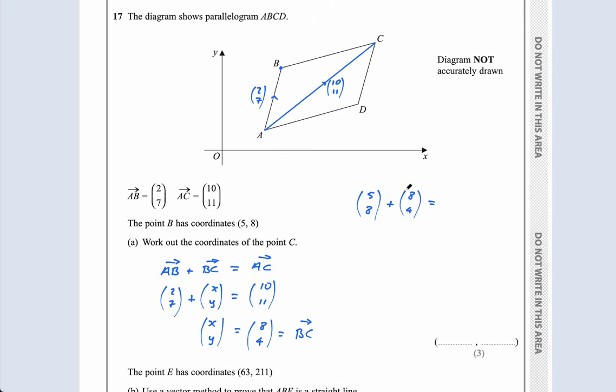I'm going to get to 13, 12. I keep doing that, which is the point. So I need to then put here 13 is my x coordinate and 12 is my y coordinate. Okay,